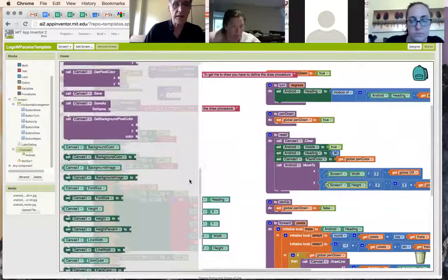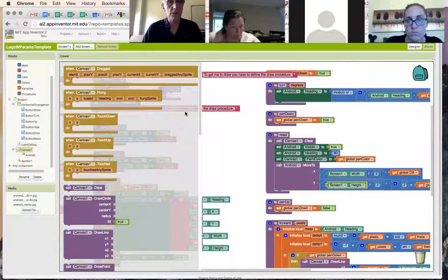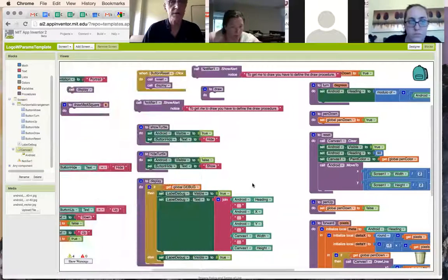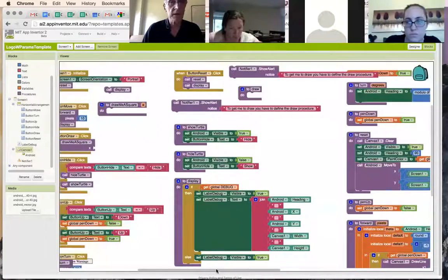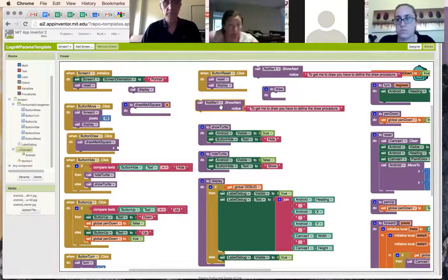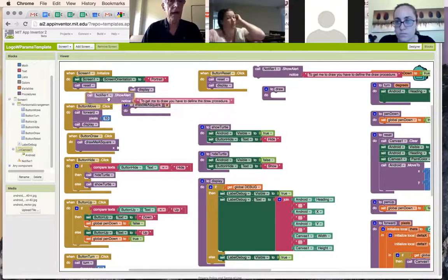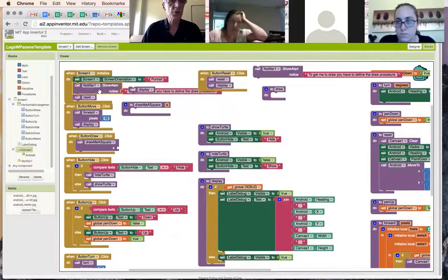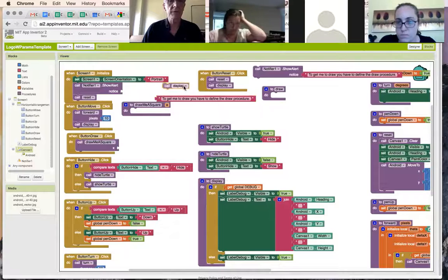We could try this: inside initialize, put in a notifier that will show you the canvas and just display the canvas